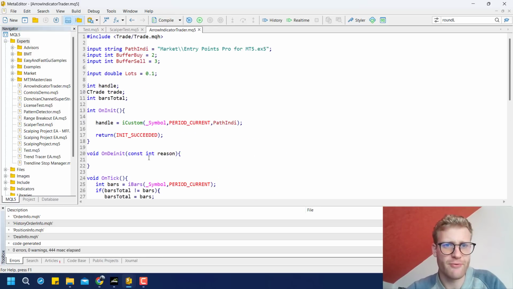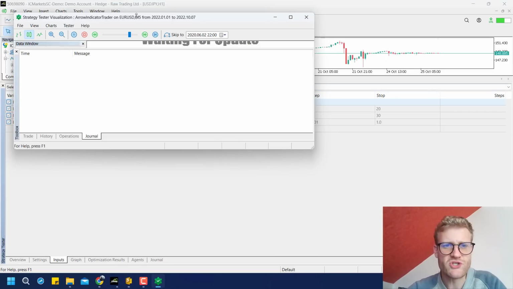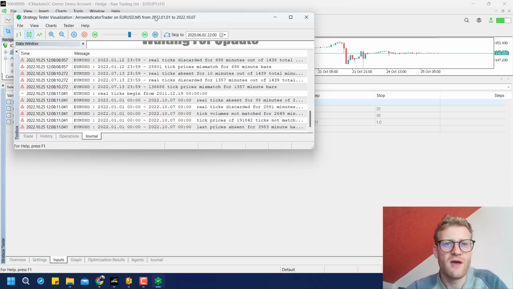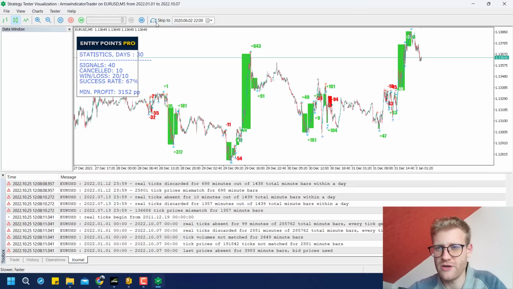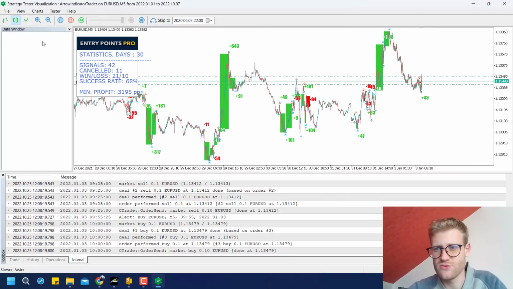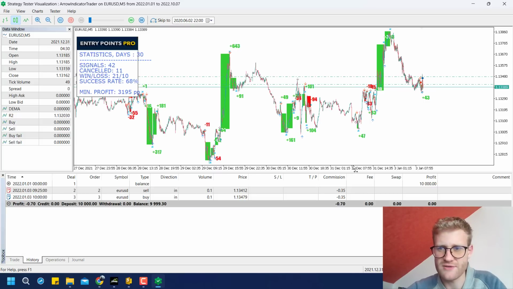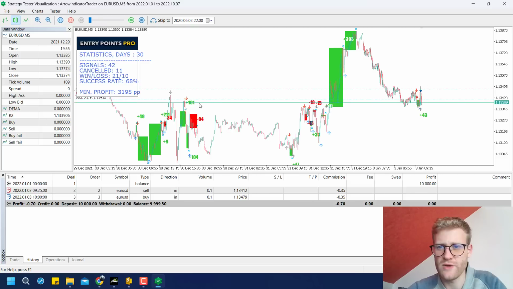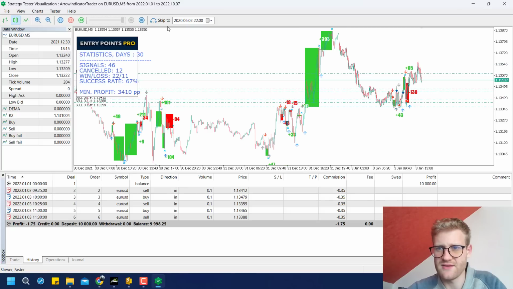So if we compile the program again and run the program again, I do not change the inputs, I do not change anything here, we should see that now we execute the signals here. And only once. So you can see as soon as there is the sell signal, we open a sell position here. As soon as there is a buy signal, we open the buy position. And yeah, this is